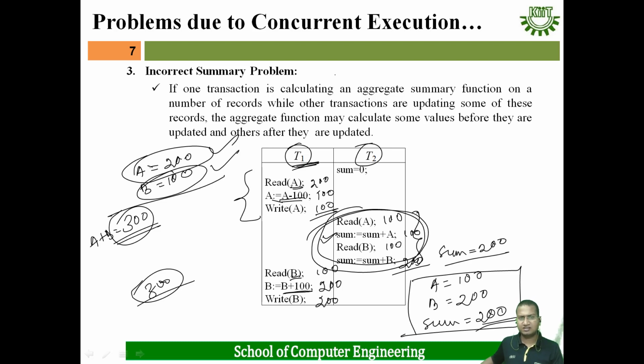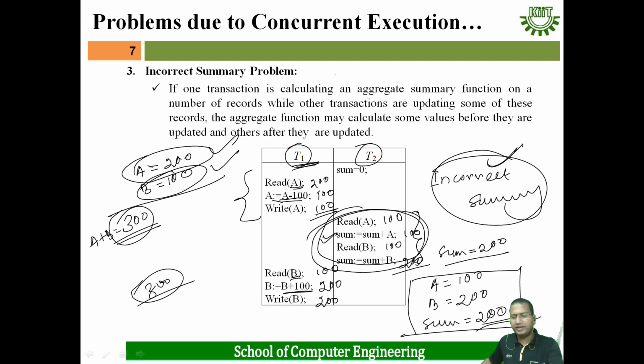Okay. Then why does such a problem generally happen? One transaction is calculating an aggregate summary function on a number of records, while other transactions are updating some of these records. The aggregate function may calculate some values before they are updated, others after they are updated. This is your incorrect summary problem. And it should be avoided in concurrent execution. That means T1 and T2 should be executed concurrently, but such kind of problem should not be there. That's why we are discussing this: whenever transactions are executed in a concurrent manner, such kind of problems may arise. Okay, now we are studying